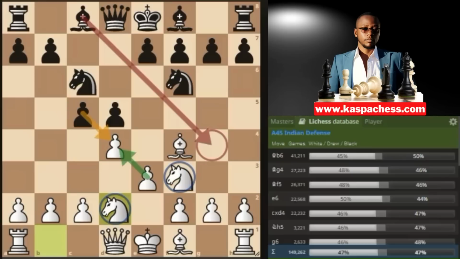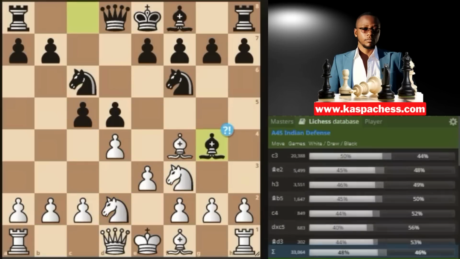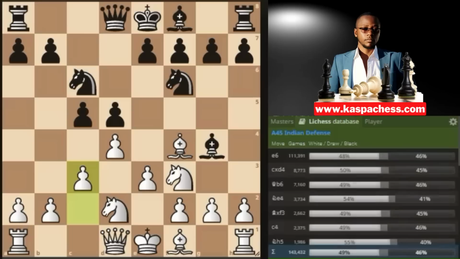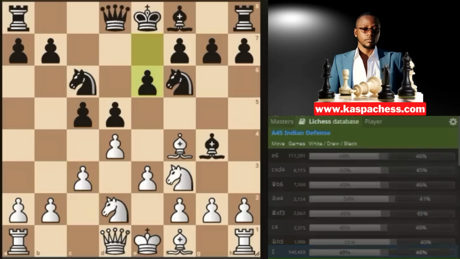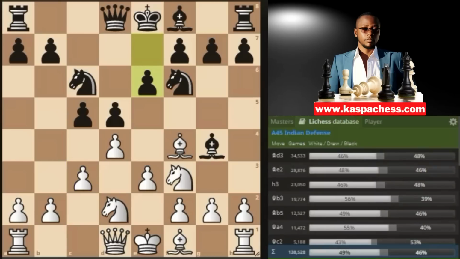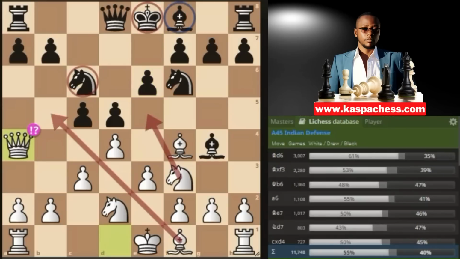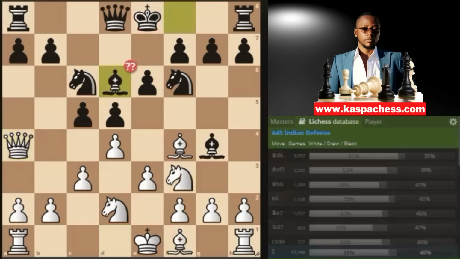So this trap works if black plays the second move in the Lichess database, bishop g4. That's when I go pawn to c3. The idea is that if they go pawn to e6, now I can simply unpin my knight by going queen a4. And so the top played move, as you can see in the Lichess database, is bishop d6, which all